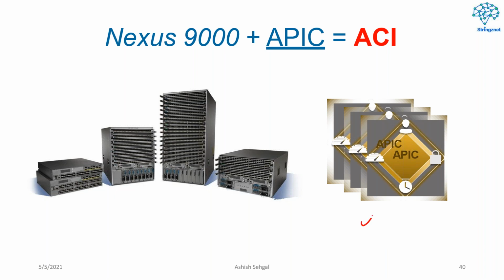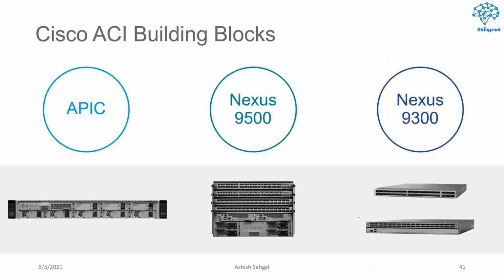Dear friends, this is just a schematic presentation of the APIC controller, right? This is not how the APIC controller looks. I'm going to show you what the APIC controller is. We are going to look at it in detail: what is outside it, how it is connected. So Nexus 9000 and APIC controllers combined together give us ACI, which is called a complete fabric. So APIC controller, Nexus 9500 and Nexus 9300 combined together give us the ACI fabric.